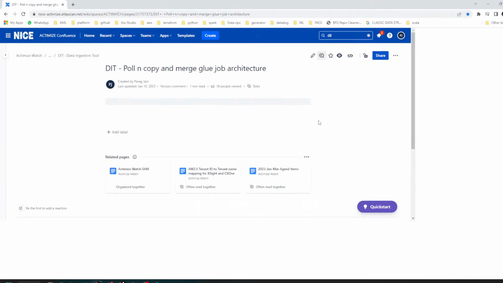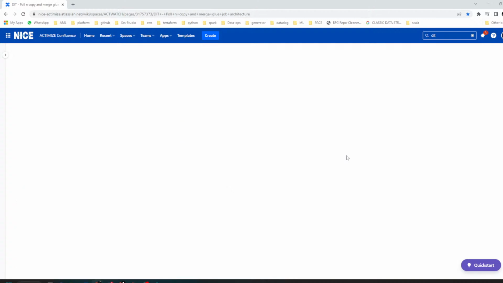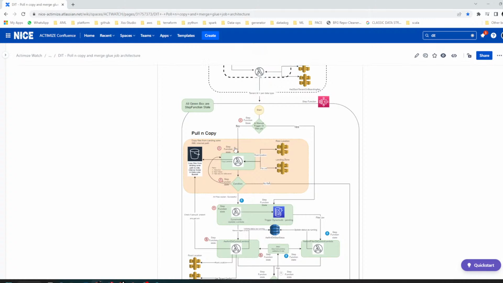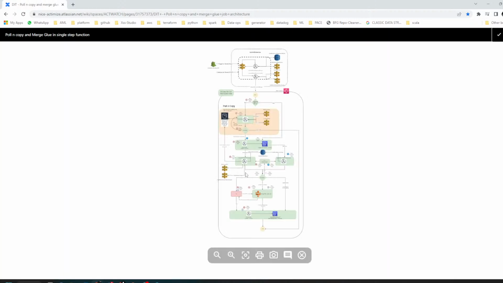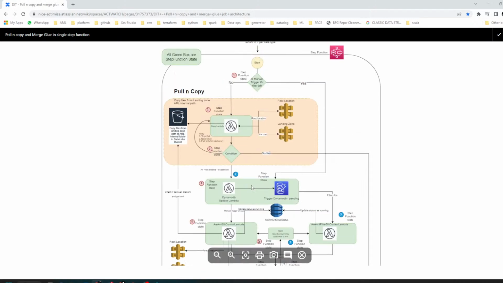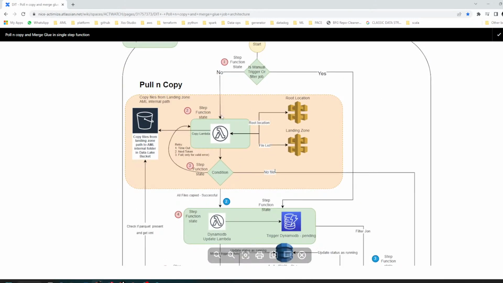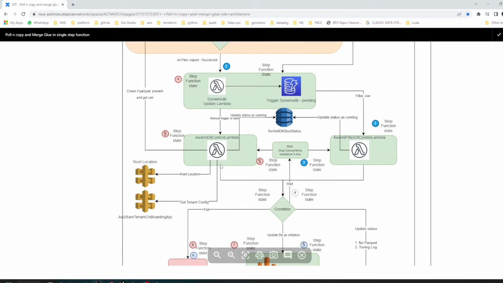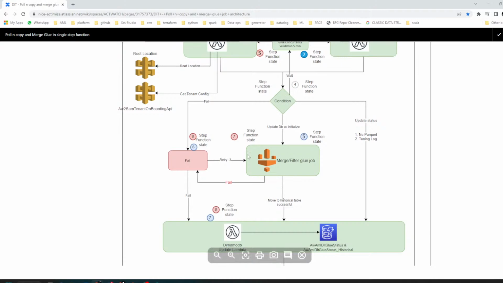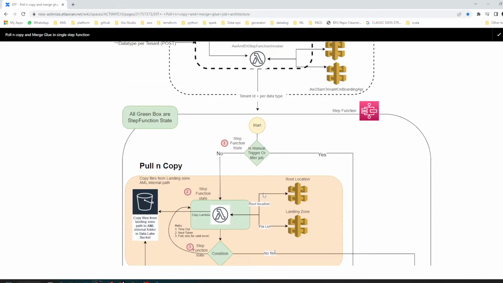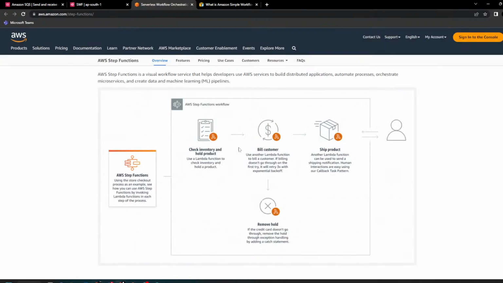Okay, so I will just show you one application which I have designed. So this is a step function. So if you start a job, you can see the start button here. As soon as the job starts, it will start executing the flow. So here the first is to run one application, second application, third application, fourth application, and then it runs. This application is designed by me. So here again it's a task based orientation. It's a flow, just like the pipeline which you have seen right now